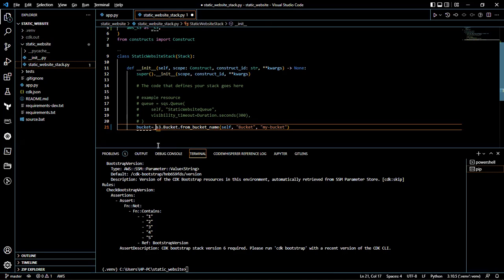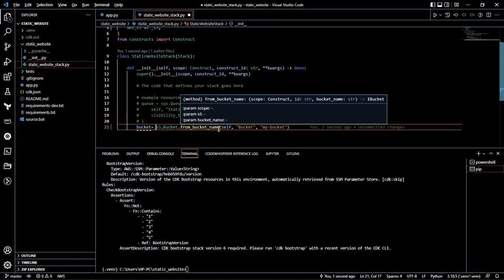So I'm going to put space bar right in here. Just bucket, as you can see, bucket. I want to create a bucket. I'm telling it to create a bucket. S3, create a bucket for me. From bucket name, as you can see,